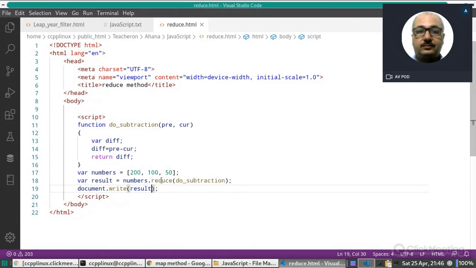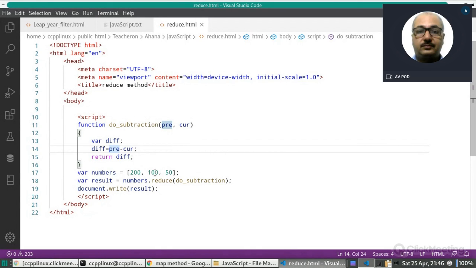When we are calling this reduce method for this array numbers, it will first of all call this function, and for the first time pre will contain 200 and current will contain 100. Now here we are just finding the difference between this and this. So 200 minus 100 is 100. So it will return 100.